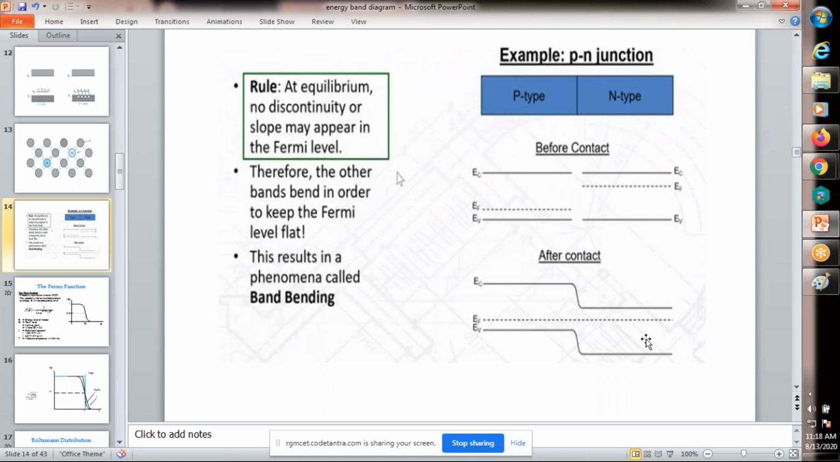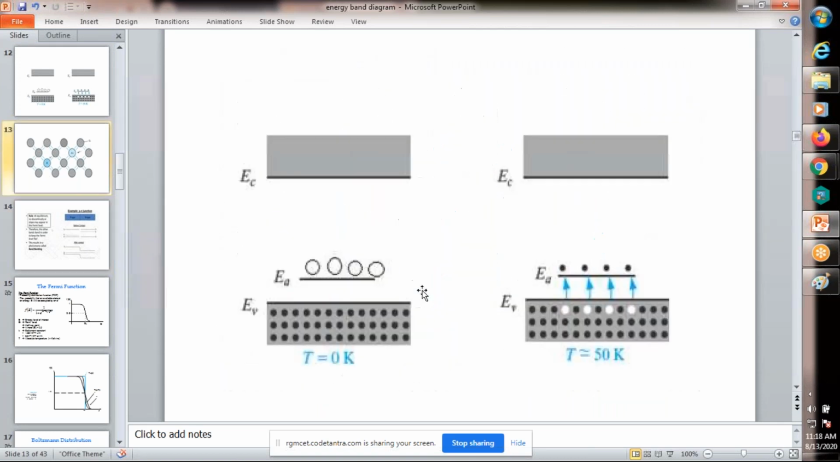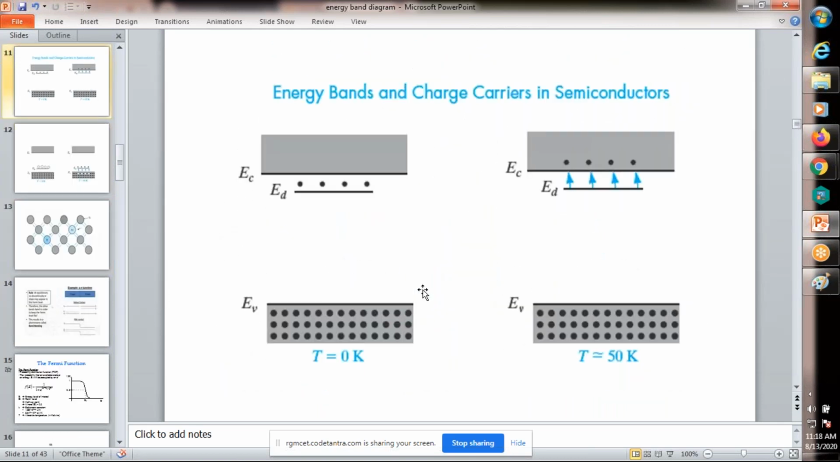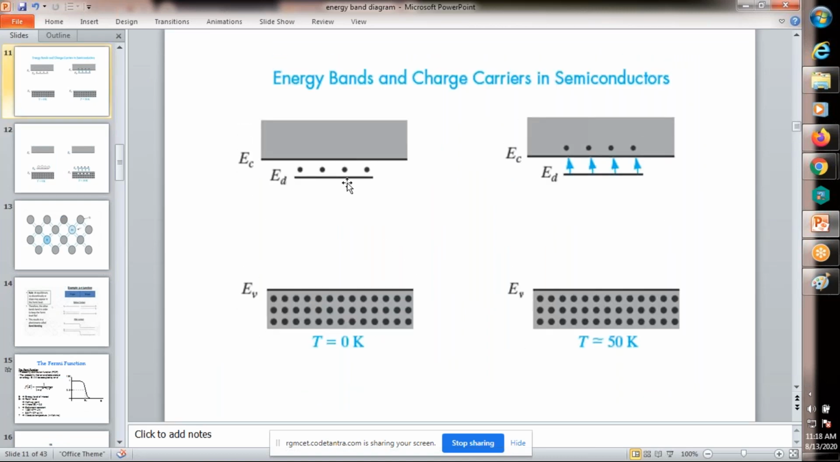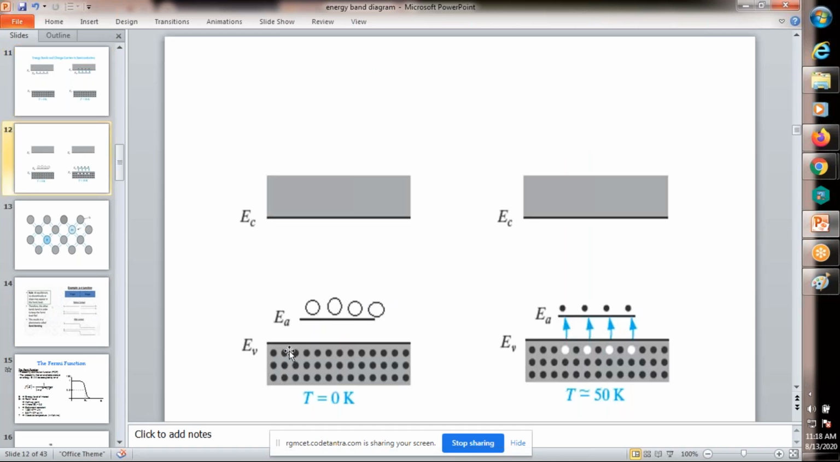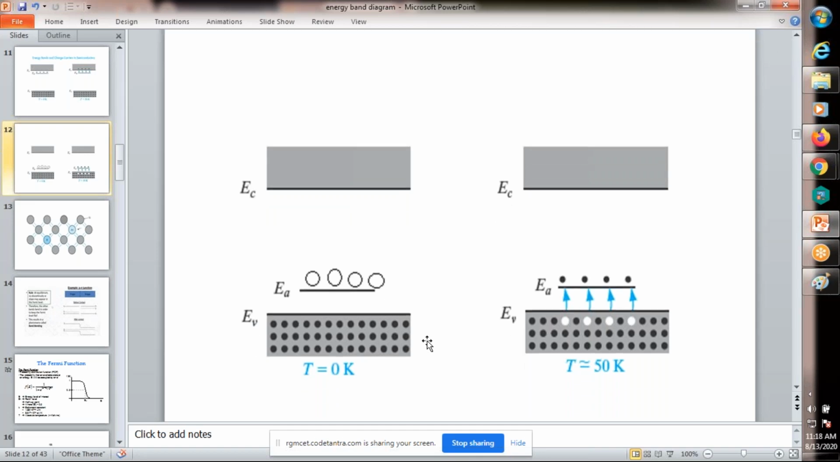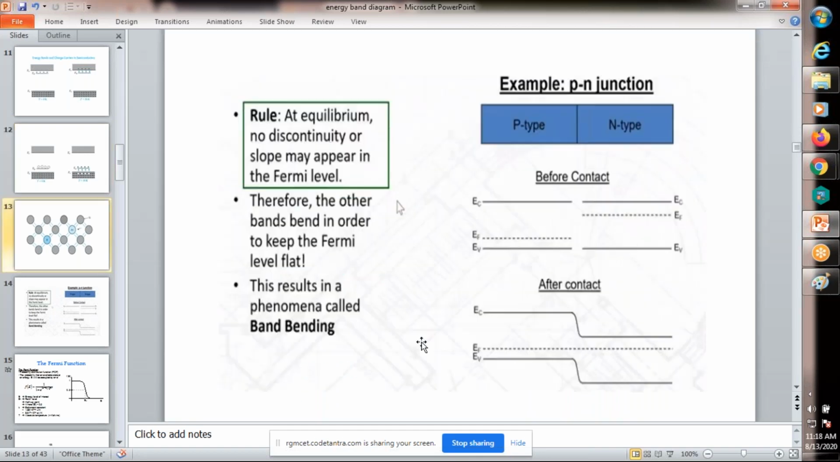Okay, these two are the p-type and n-type materials. This is the n-type material, and observe here the donor energy state is very near the conduction level. Similarly, the acceptor energy state is very near the valence band. Now what happens whenever